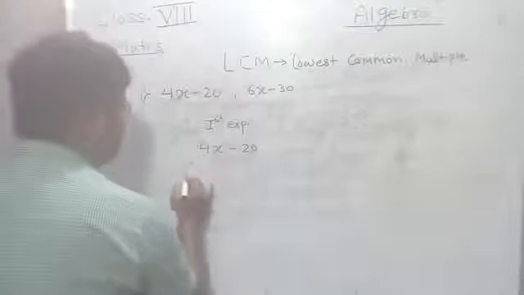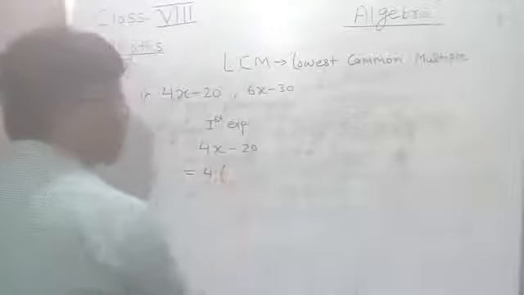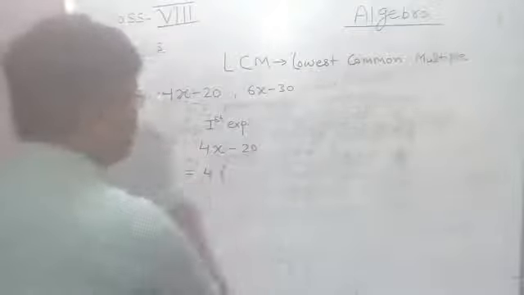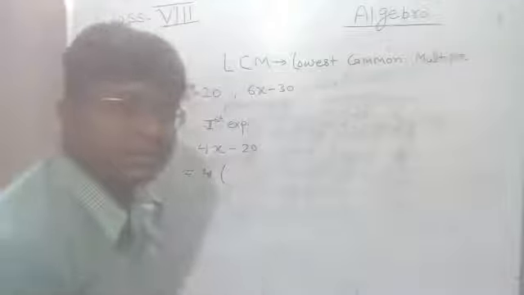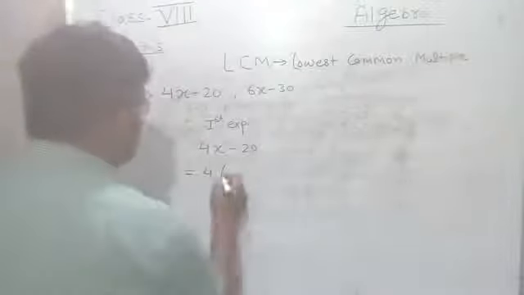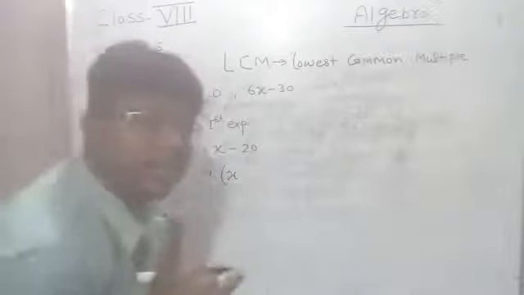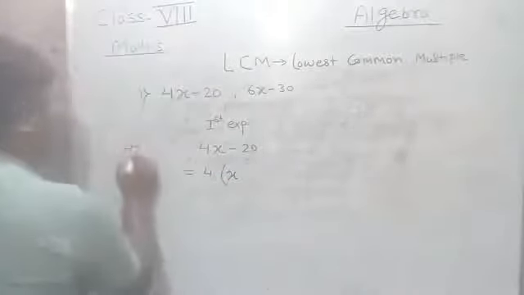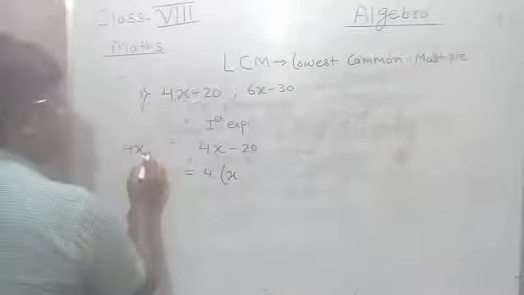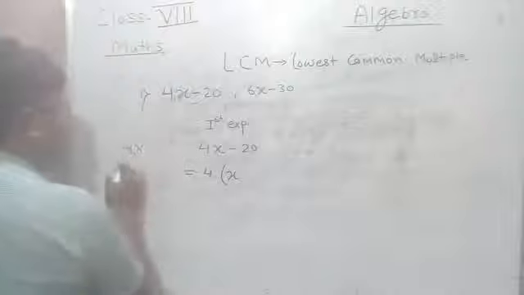So obviously 4 we can take common because 20 comes in the table of 4, okay. What is the SCF of 4 and 20? That is your 4, that you can take common, okay. So what we got, 4x, 4 is taken as common, so x. Once again be careful, okay. From 4x I am taking 4 as common, so don't think that I am doing subtraction here. When we take common, we have to divide, okay.